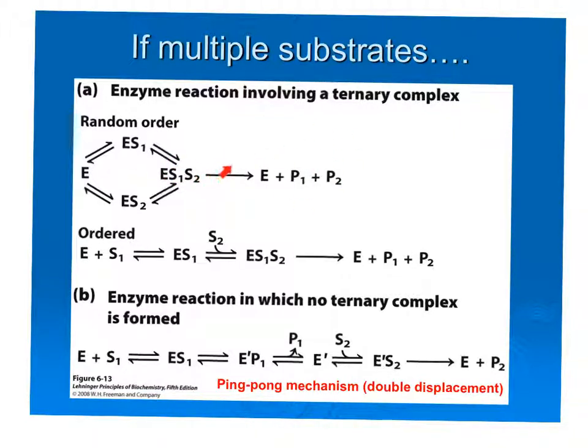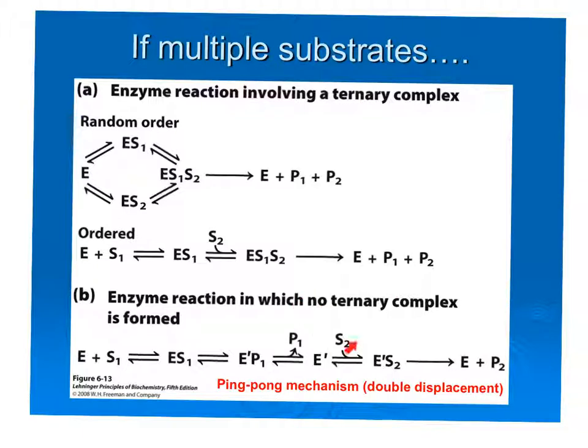Yes, there may be an EP here. This is just showing you the simplest. If it's ordered, that means it does matter. You have to bind one of them, then bind the second to make a ternary complex, and then it goes on. And once again, there could be an EP1, EP2 complex and stuff in the middle. Now, if there is no ternary complex,